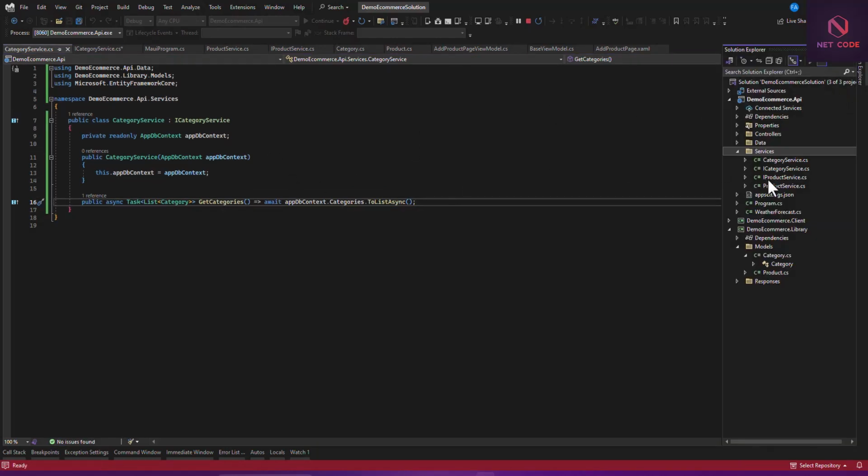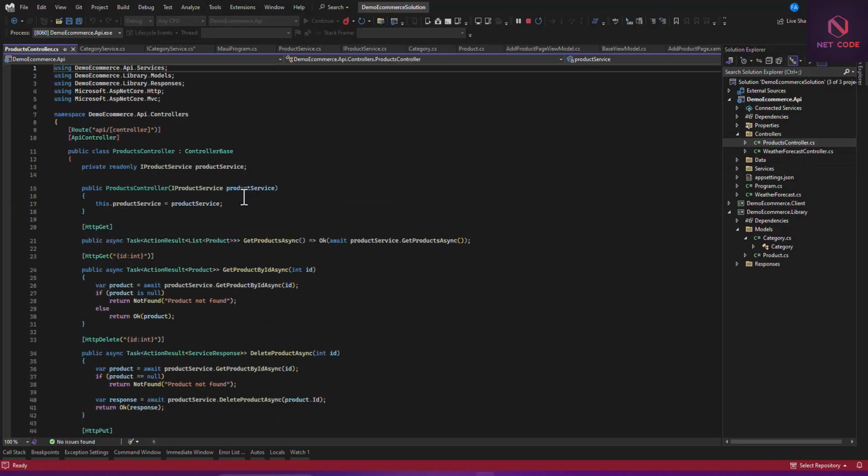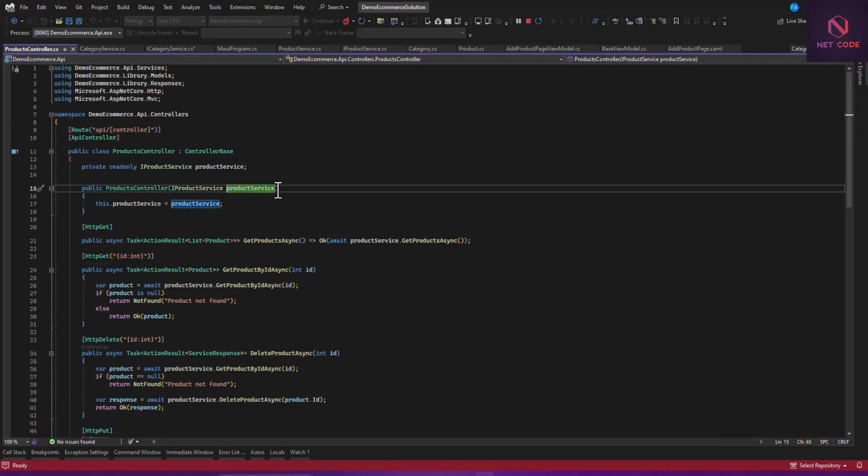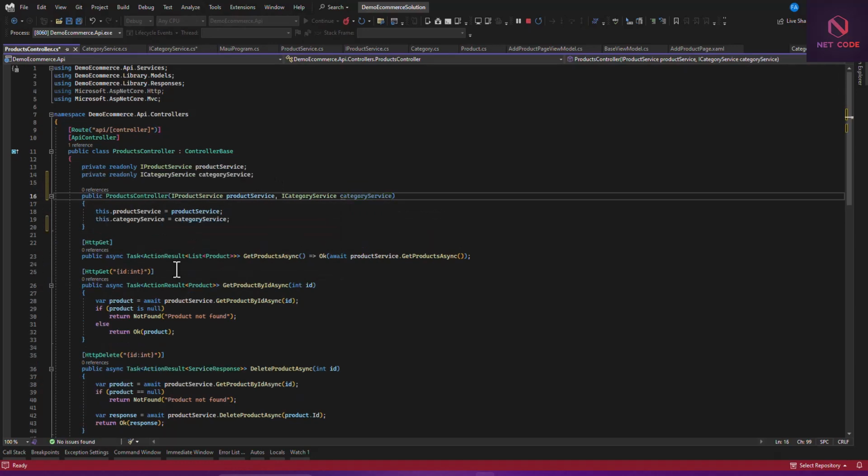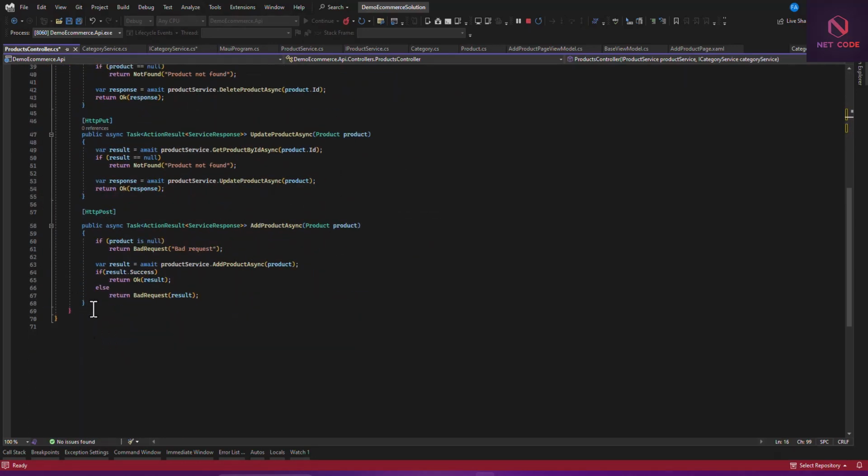Let's implement this in the controller. So maybe since it is just one line, you can put that in the product controller. Okay, so let's do that in this controller. And now in here, let's inject the same ICategoryService. Control period, we create and assign a field. Now down here, we are going to specify something like